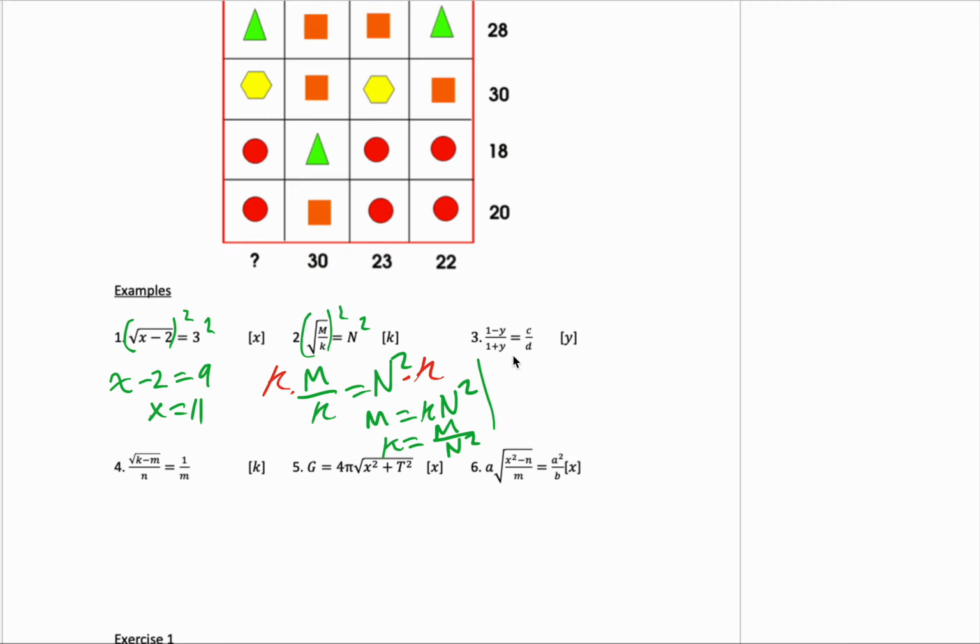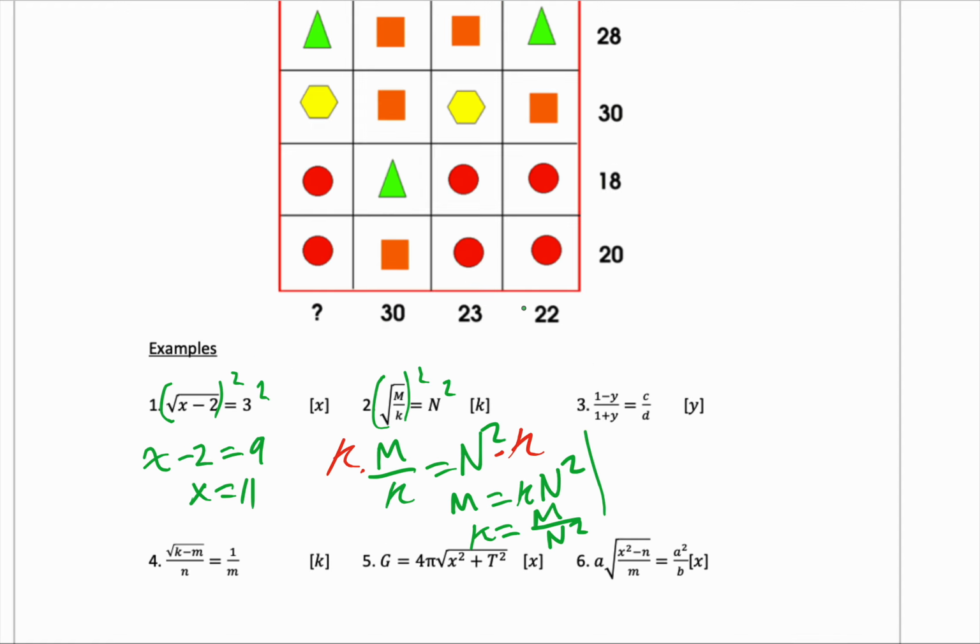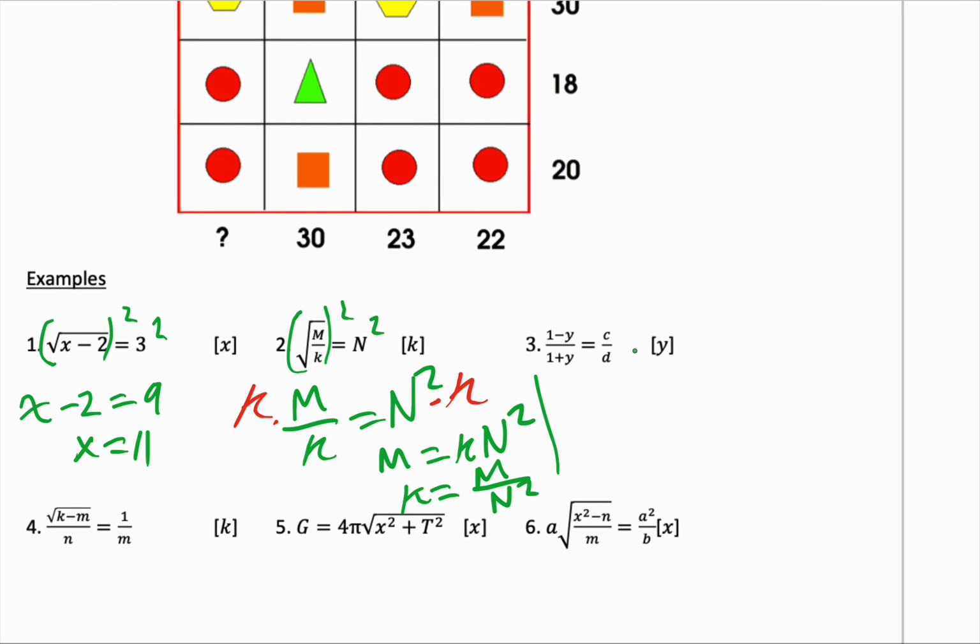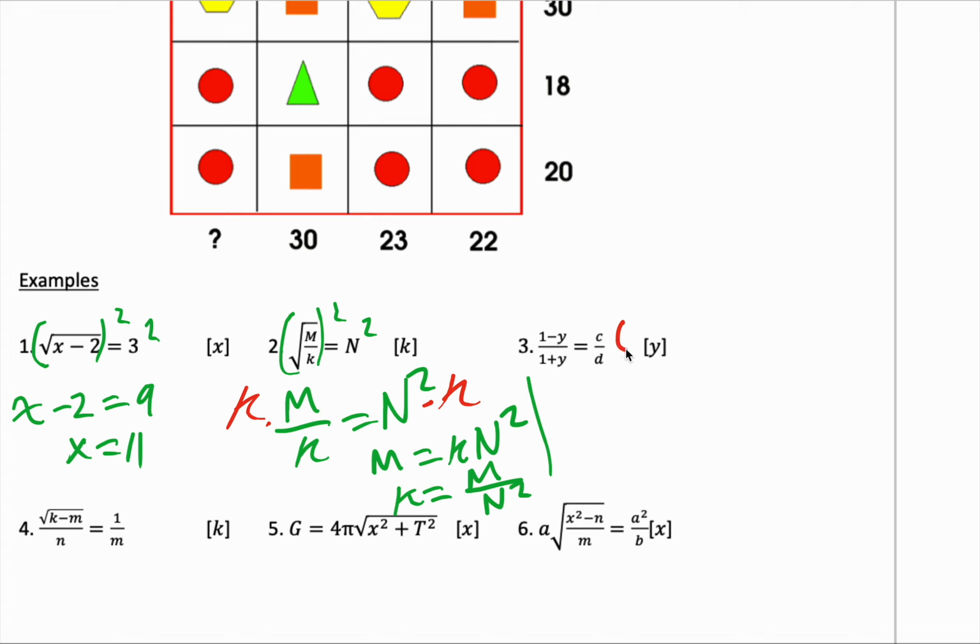Okay, next, solve for y. We need to get rid of fractions, so we'll multiply both sides of the equation by 1 plus y and by d, which is the same as cross multiplying actually. So we're going to multiply by d and 1 plus y. This d will cancel, and over on this side d and a 1 plus y, and these will cancel. So what you're left with is d times 1 minus y and c times 1 plus y, which we could have done from the beginning by just cross multiplying. So this is d times 1 minus y is d minus dy